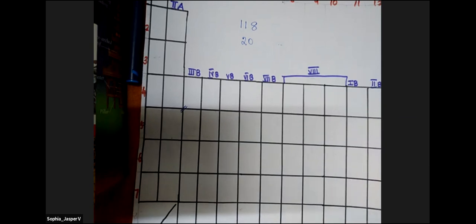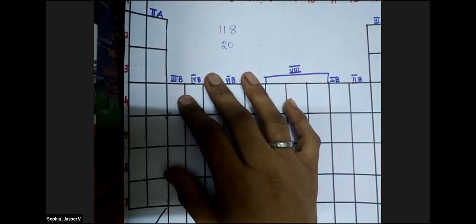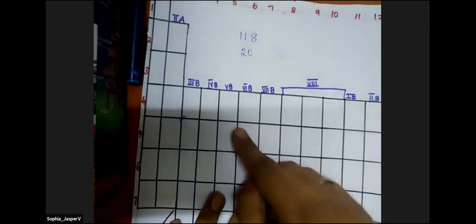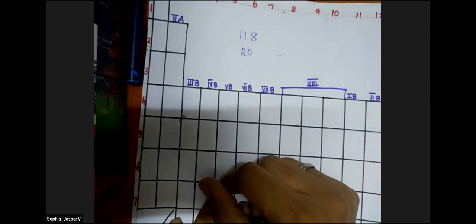I will tell you a quick one minute way. Does someone have any doubts? Are you able to understand so far how much we have done? Now, I'm going to tell you a very, very quick way of remembering this. Take out your notebook and pens and keep them ready.